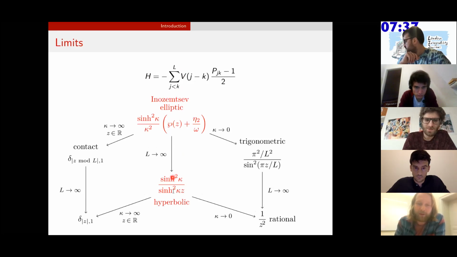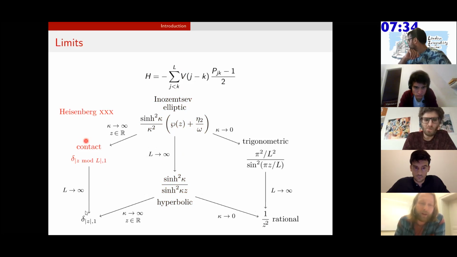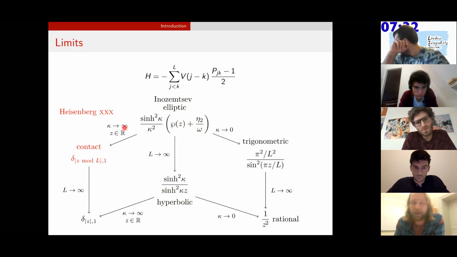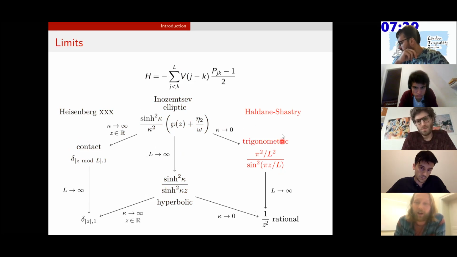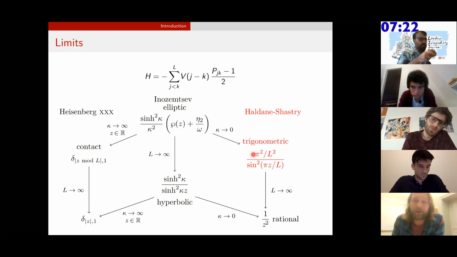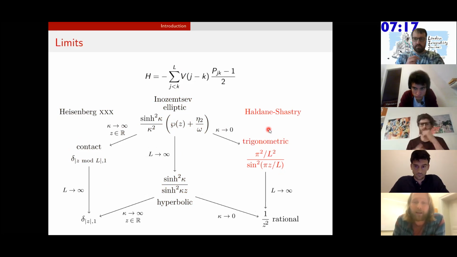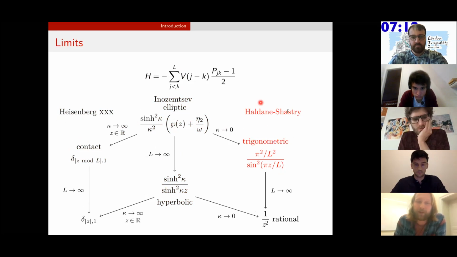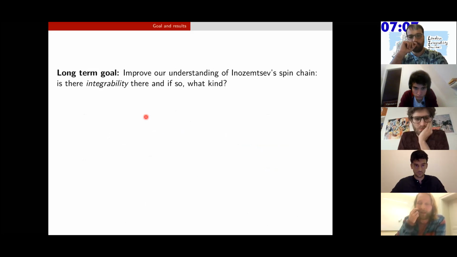So this is Inozemtsev and its infinite length degeneration. Here I have the Heisenberg model, which of course all of us love and know very well. And on this side, I have the Haldane-Shastry spin chain. So Inozemtsev really goes from a model we all know very well, all the way to a model that at least is also very interesting. It's also quantum integrable. It's a very simple model for the fractional quantum Hall effect. And it has a Yangian invariance. So its multiplets are extremely degenerate. So this is a very interesting thing. And I would like to understand better how this works. And in particular, if Inozemtsev is integrable, and if so, what kind, and what can we do with this?